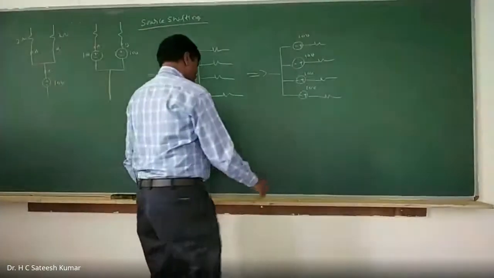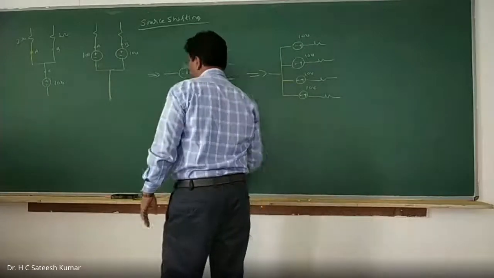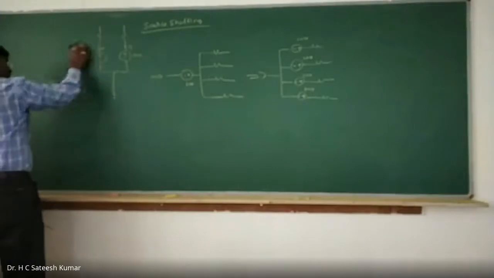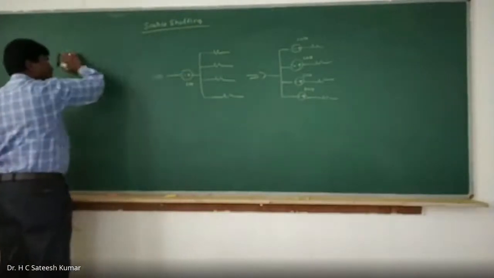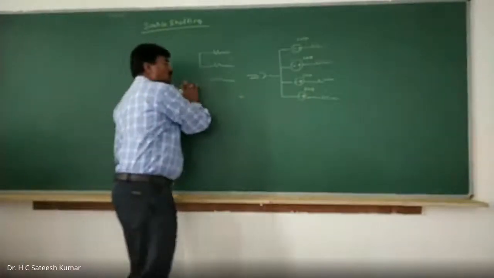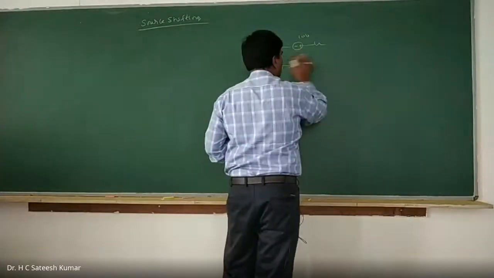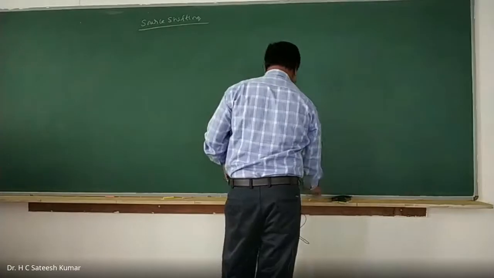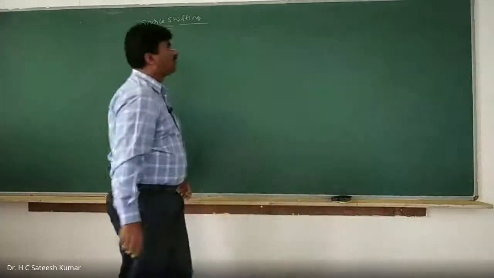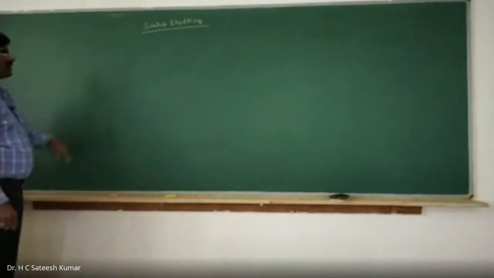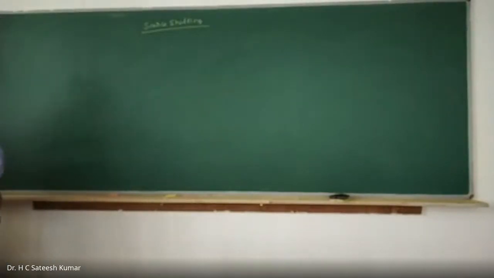Okay, now let us move on to current source shifting. How exactly can we do current? This was voltage source shifting. So when will you use voltage source shifting? Whenever there is no voltage source in series with the resistance, then simplification becomes complicated for parallel connection simplification, then we go for voltage source shifting. Similarly, for simplifying the current source, there should be a current source in parallel with a resistance. If it is not there, it's not possible to simplify it.